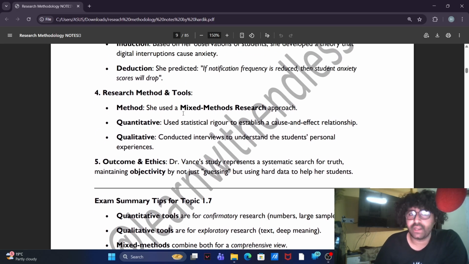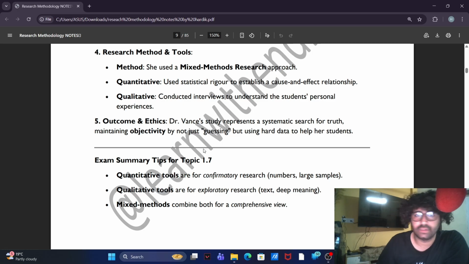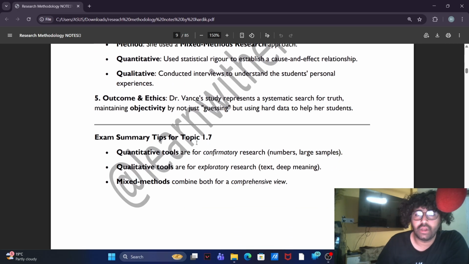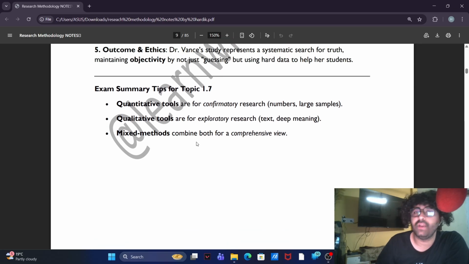The research method and tools. Method: she used a mixed method research approach. Quantitative: she used statistical rigor to establish a cause and effect relationship. Qualitative: she conducted interviews to understand the students' personal experiences, outcome, and ethics. Dr. Anna's study represents a systematic search for truth, maintaining objectivity by not just guessing but using hard data to